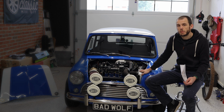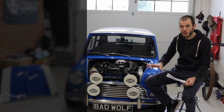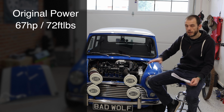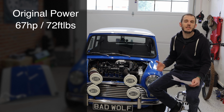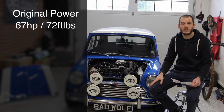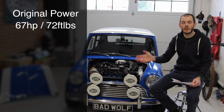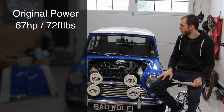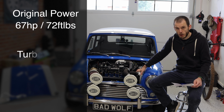But before I got this power figure, I brought this engine to the dyno and I got around 67 horsepower on this car, NA, with no modifications to it. So 67-ish is my baseline. We did a few power pulls, some were a little bit higher than that, but 67 is the average for the pulls that I did before. We go back to the dyno, get this on there, and drum roll please,